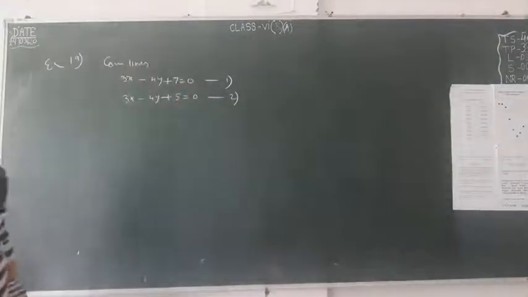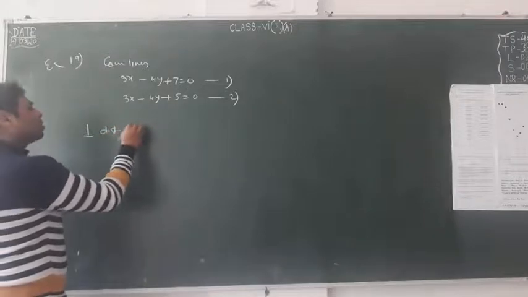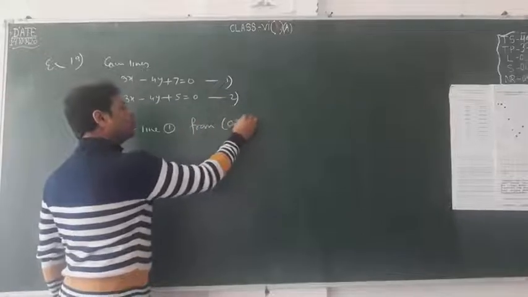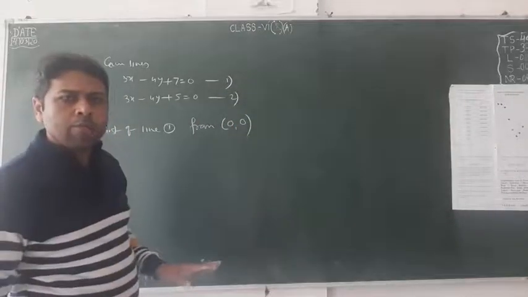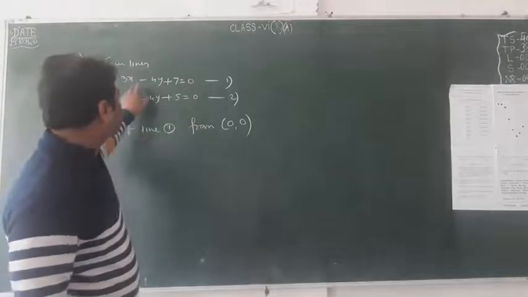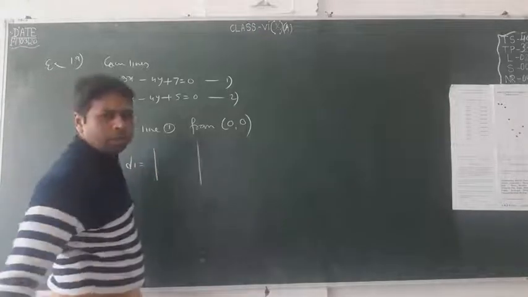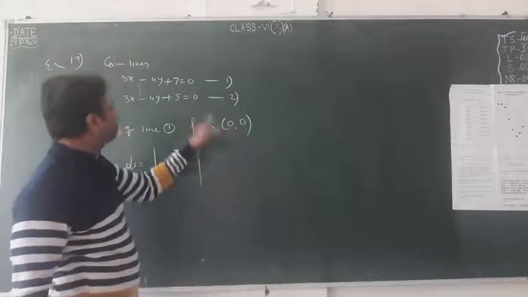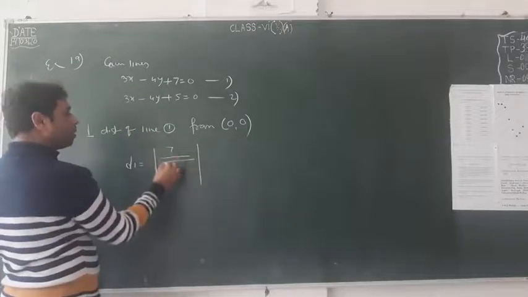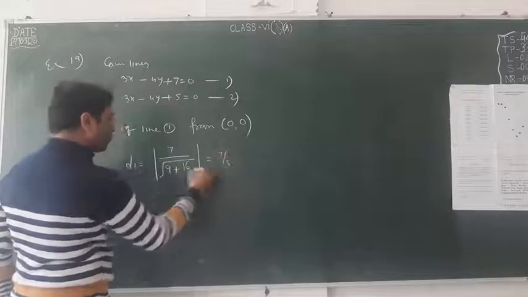Okay, now I'll start. First I'll write here, perpendicular distance of line 1 from the origin point. The method is very simple. We'll find the perpendicular distances from the origin point. So, perpendicular distance of line 1 from the origin point, that is called d1 in mod. So, you know how we can find from origin. This one is 0, 7 will be there directly upon square root of coefficient of x squared and coefficient of y squared. So your answer is 7 by 5.